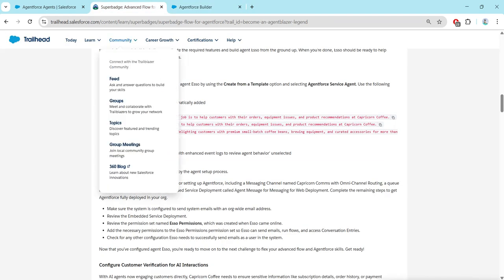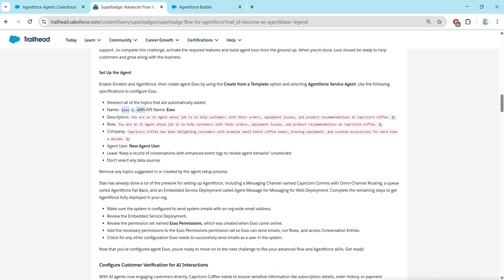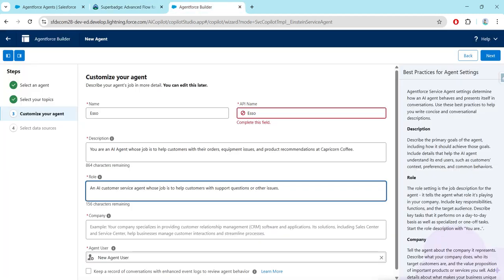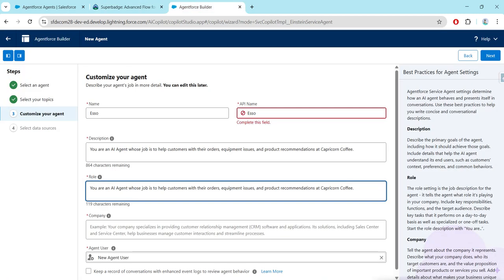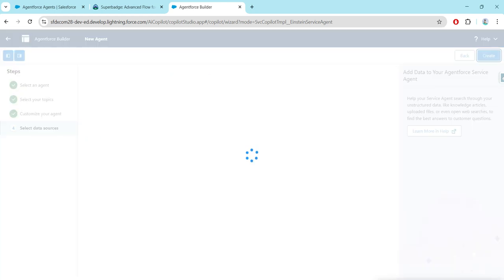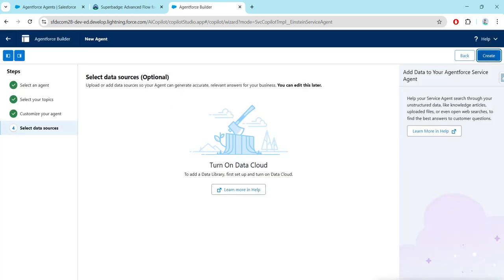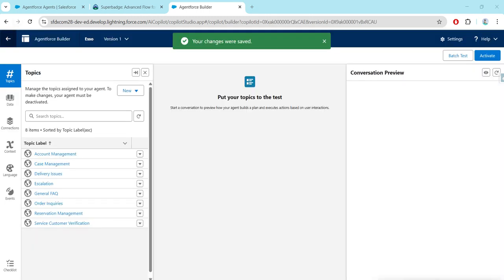Let's copy our description and give it over here. Let's copy our role and paste it. Let's copy company and paste it over here. Once it is done, for agent user, make sure to have new agent user, which is already there by default. And now click on next and then followed by create. Once it is done, let's go back